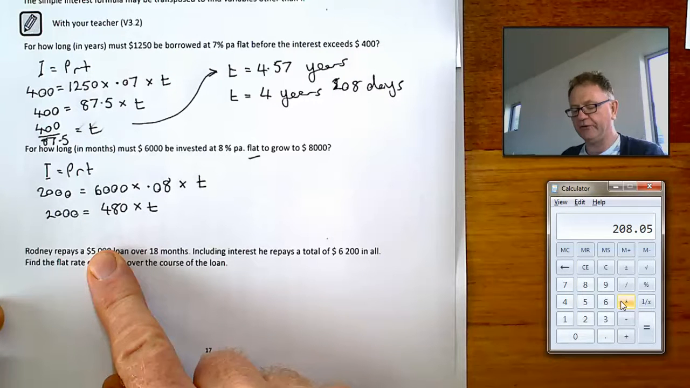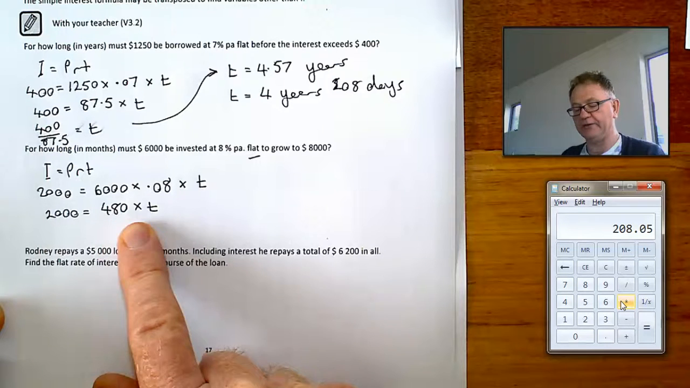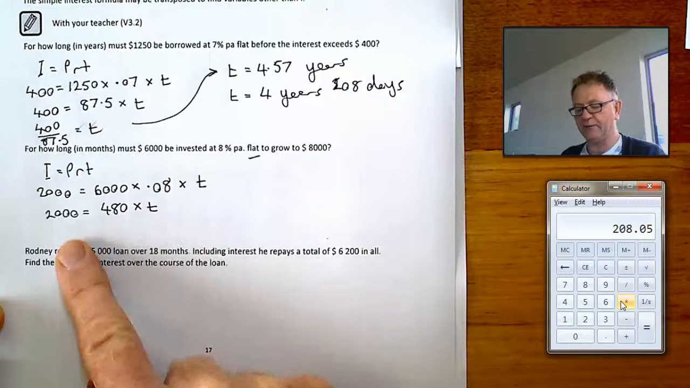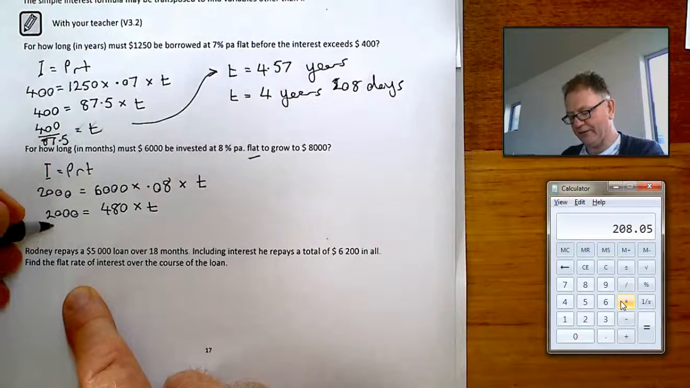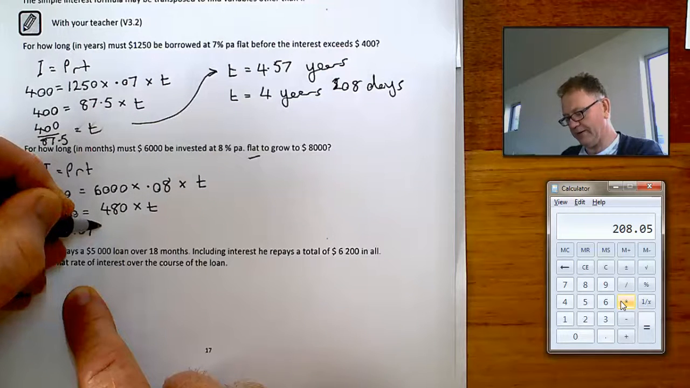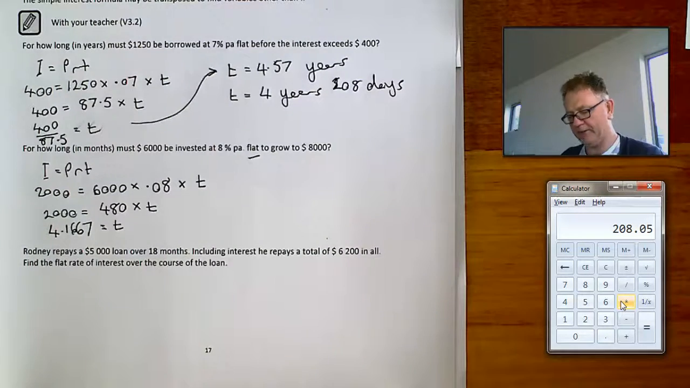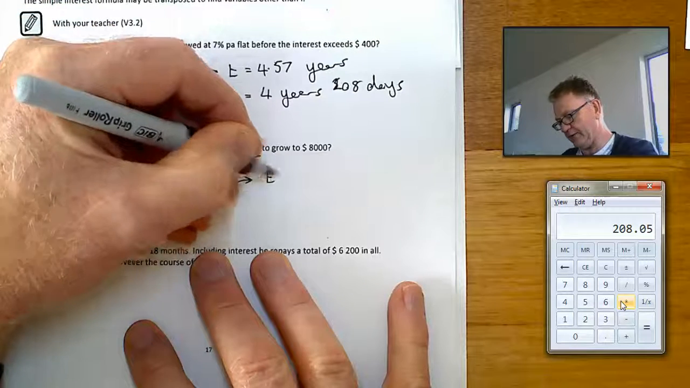To get t by itself in this equation, I need to get rid of this 480. At the moment, it's 480 times t. If I divide this side by 480, I'll get t. I must also divide this side by 480. 2,000 divided by 480, I've already done, it works out to be 4.1667 equals t. That's 4.1667 years. I'll write it over here. So T equals